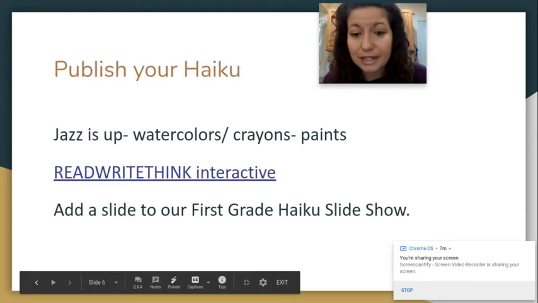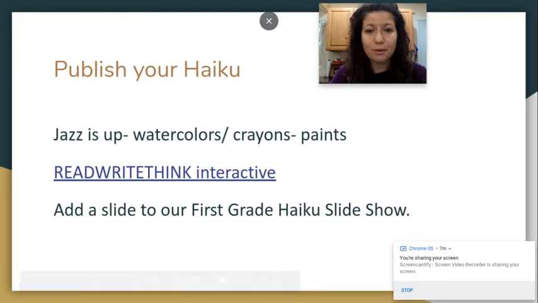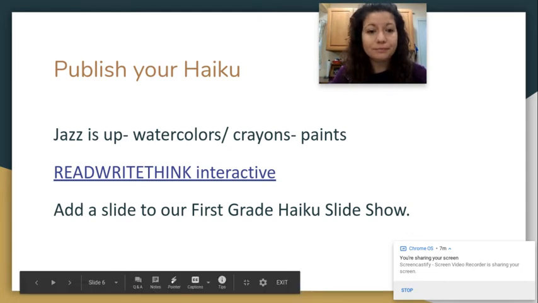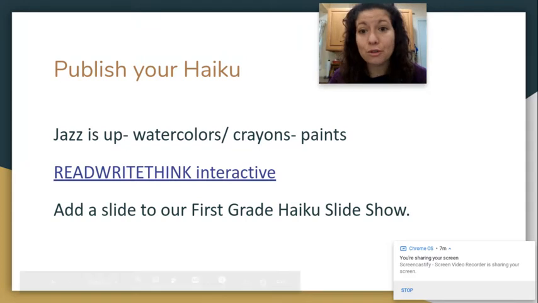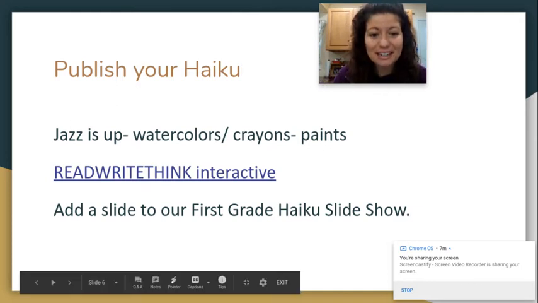Finally, a couple of ways to publish your poem. So you can jazz it up. You can write it in crayon and then watercolor over it, and that would make a beautiful piece that you could hang on a wall, or it could spend some time on your fridge for a couple of weeks. It could be a gift for Mother's Day. Maybe, that's a great idea. Maybe you want to write a mom haiku and use crayon and watercolor and give that to mom for Mother's Day. Another thing that you could do